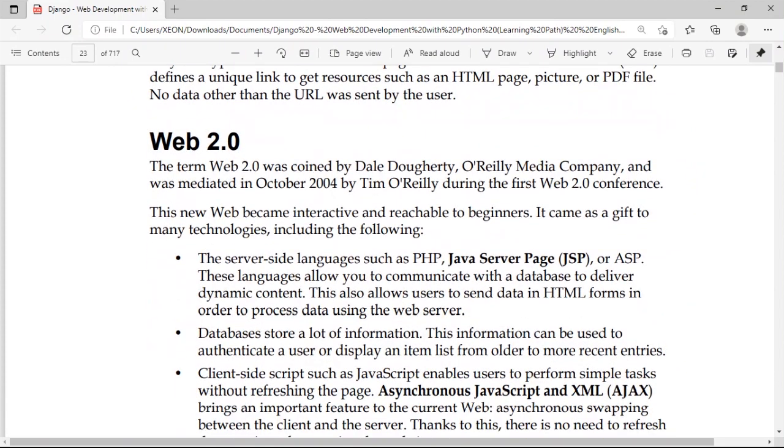And second thing, what about Web 2.0? The term Web 2.0 was coined by Dale Dougherty of O'Reilly Media company, and was popularized in October 2004 by Tim O'Reilly during the first Web 2.0 conference. This new web became interactive, by the way, and reachable to beginners,